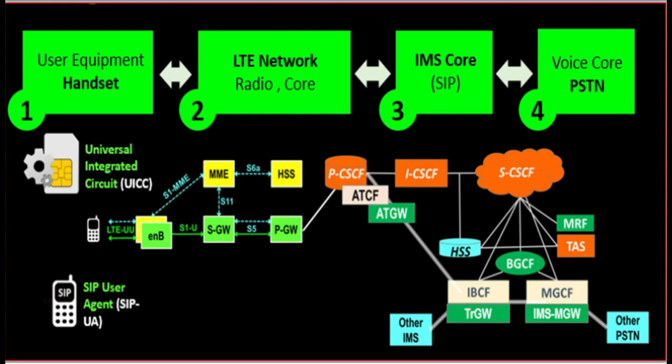Here you can see in this picture, at the starting, this part is the user equipment, that is the handset, and this part is the radio LTE network, that is the core network. This right part is used for VoLTE, that is IMS core, SIP and voice core, PSTN. I already discussed all the components of 4G architecture, that is UE, eNodeB, MME, Serving Gateway, HSS and PGW. Now we will discuss all components of